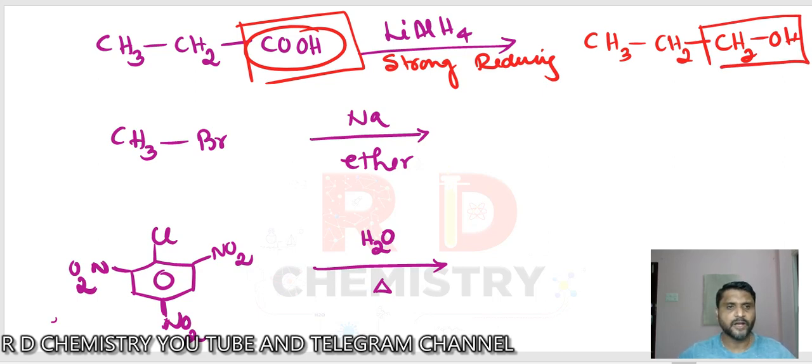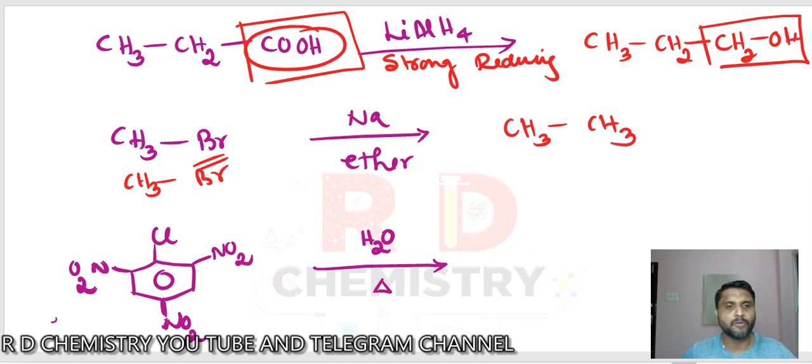Okay. Then we have got an alkyl halide like methyl bromide, sodium and ether. Whenever sodium comes in, it is the Wurtz reaction; magnesium gives the Grignard reaction. So I need to write down two molecules of this one to get CH3 and CH3. So we are getting a hydrocarbon.